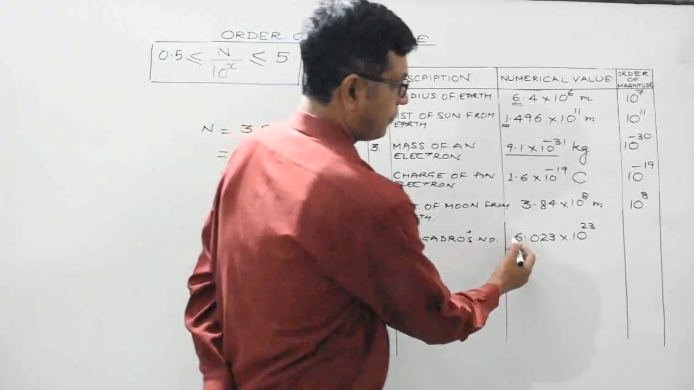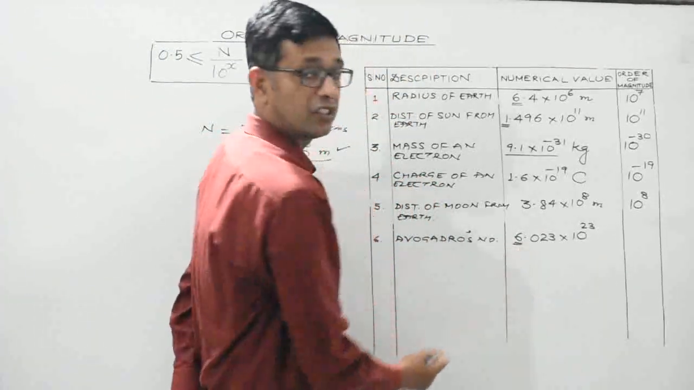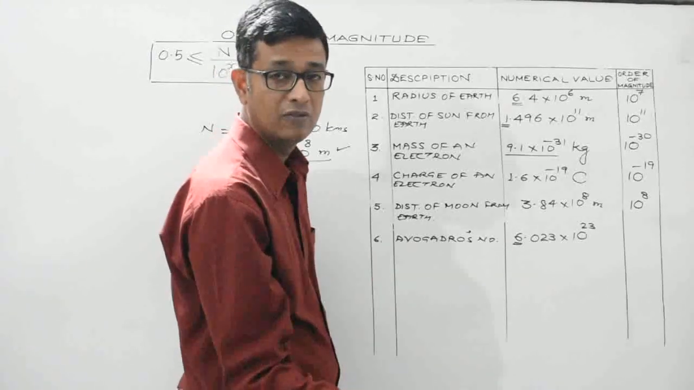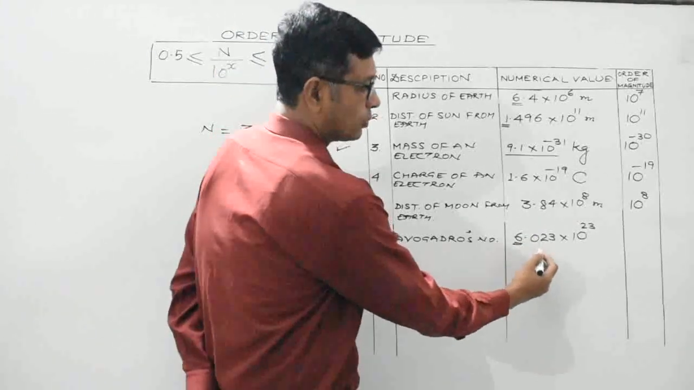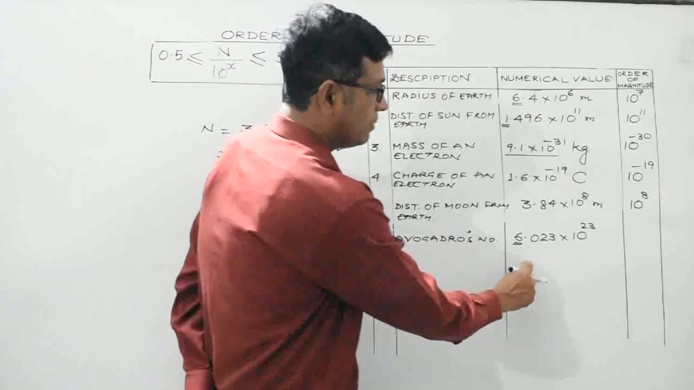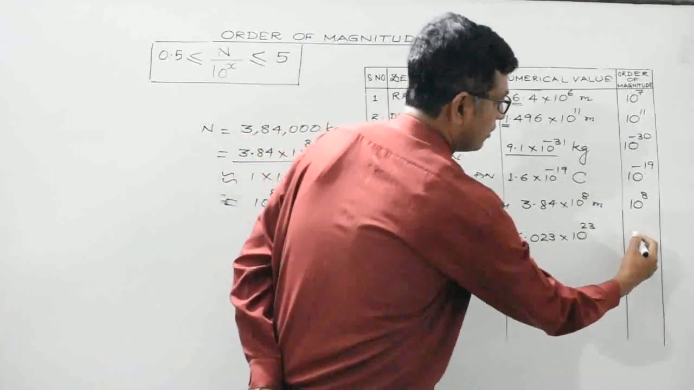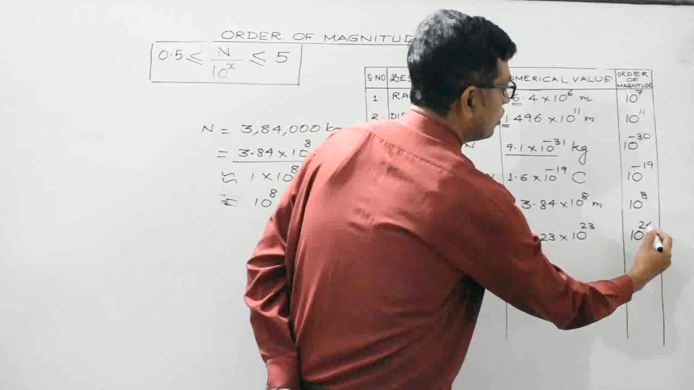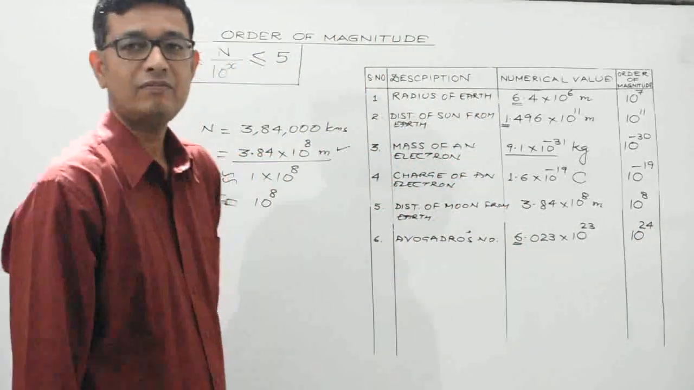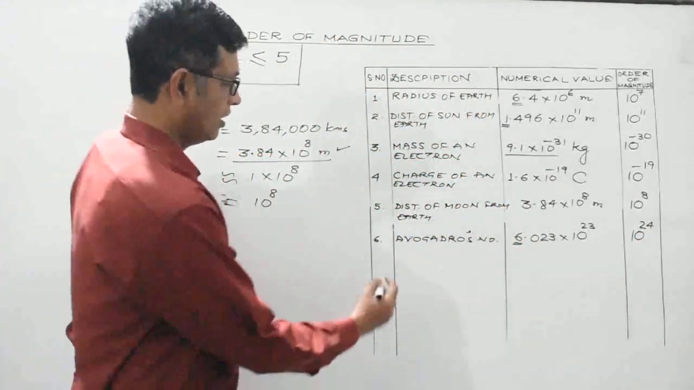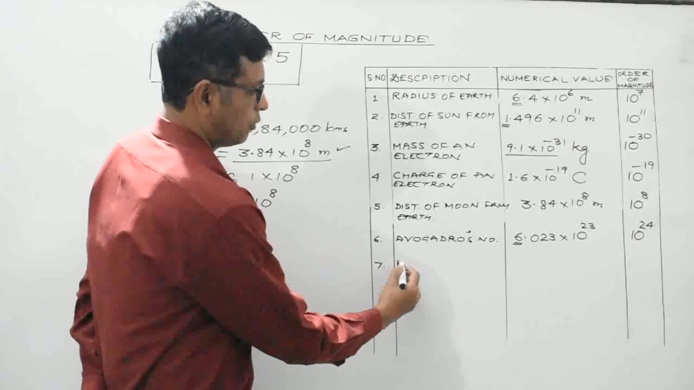So basically, we consider the first digit, it is greater than 5. So it is to be approximated as 10. So 10 multiplied by 10 raised to power 23, it will give us 10 raised to power 24. Clear? Another interesting point, height